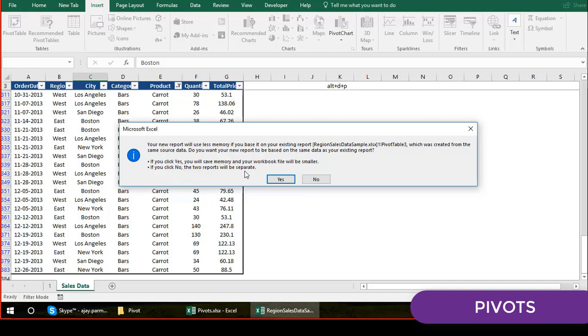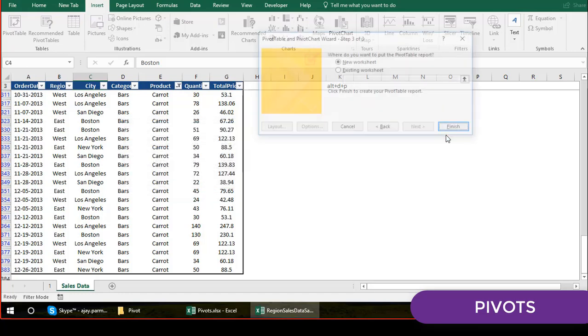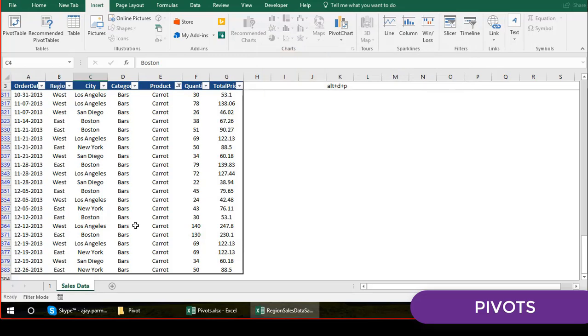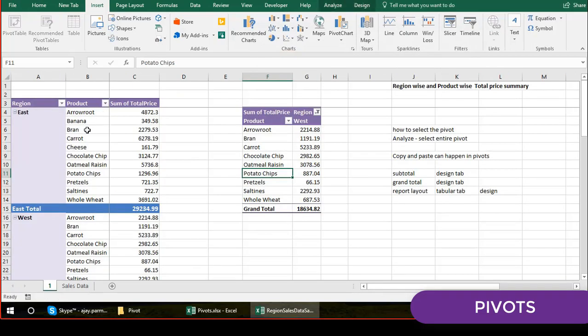Basically what happened, whenever you create a pivot, your file size becomes heavy. The file gets heavier because the pivot holds the entire data. For example, let me cancel this. This is the pivot, guys, in front of you.